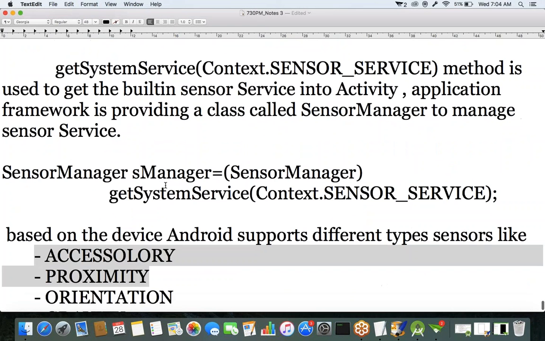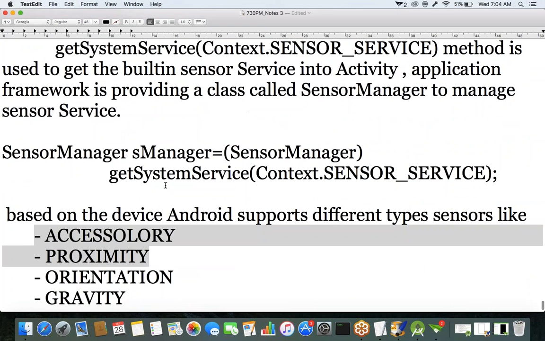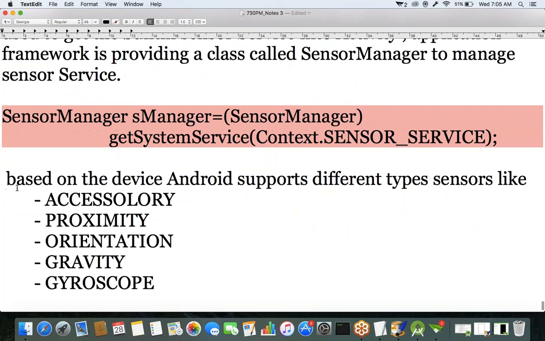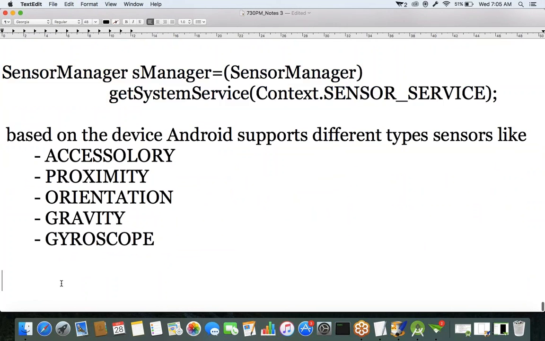To work with sensors, first of all, you have to get the sensor service. We have to get and manage the sensor service. We have a class called SensorManager. When you use this SensorManager object dot, there is a method called